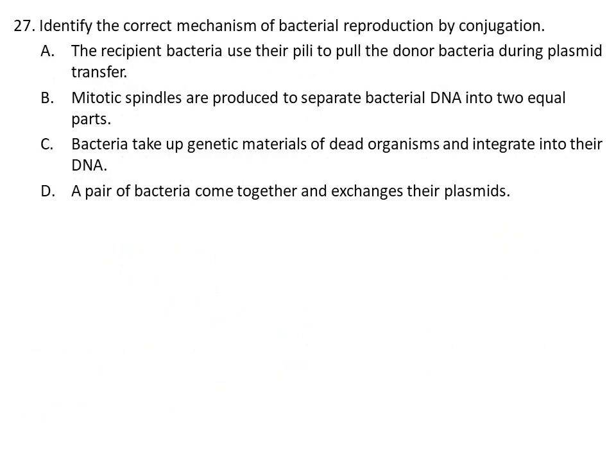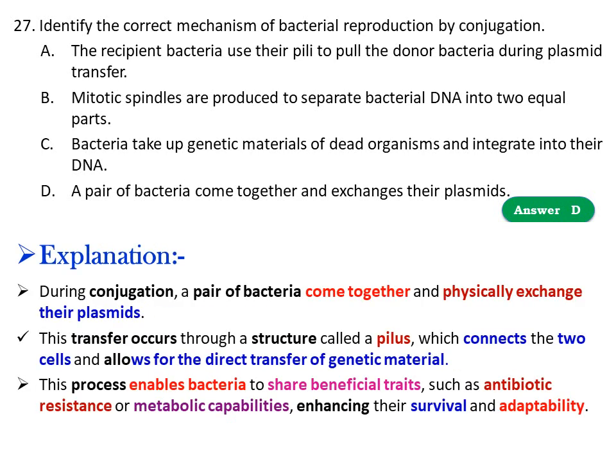Question number 27. Identify the correct mechanism of bacterial reproduction by conjugation. So the answer should be D. Conjugation in bacteria is when a pair of bacteria come together and exchange their plasmid. This transfer occurs through a structure called pili, which connects the cells and allows the direct transfer of genetic material. This process enables bacteria to share beneficial traits such as antibiotic resistance and metabolic capability, enhancing their survival